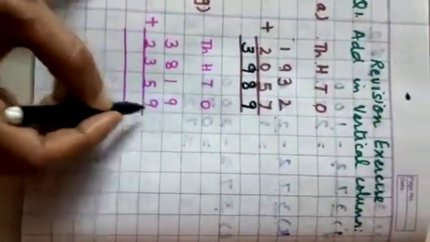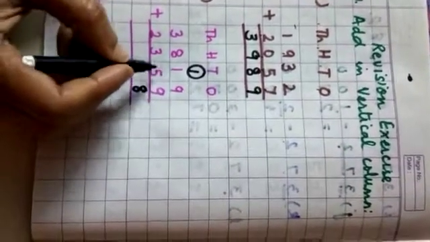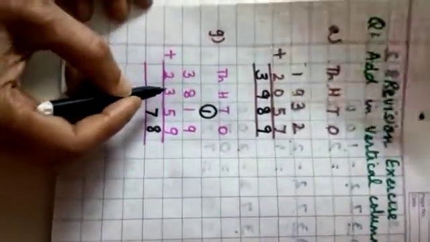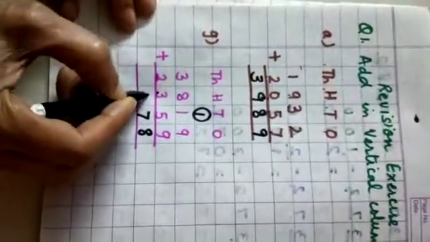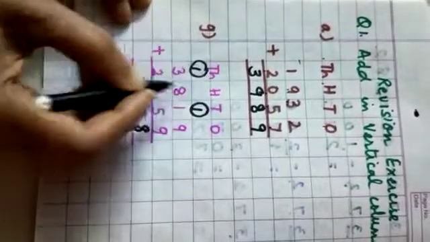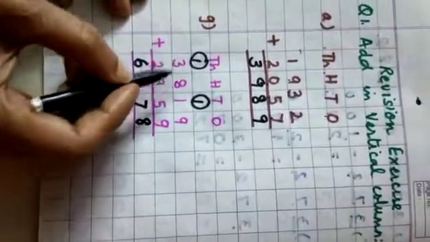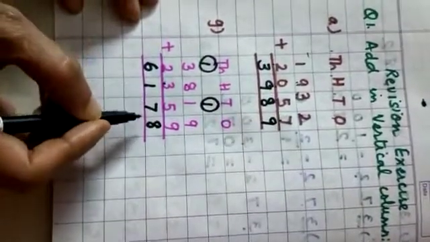In this part, 9 plus 9. Take out your 9 fingers, and after 9 you will get 18. 8, and this carryover will go to tens place. Remember to encircle the carryovers. Then 1 plus 1 is 2, and 2 plus 5 is 7. 800 plus 300 is 8 plus 3: 9, 10, 11, 1. Then this carryover 1. 1 plus 3, 4. 4 plus 2 is 6. So 3819 plus 2359 is 6178.